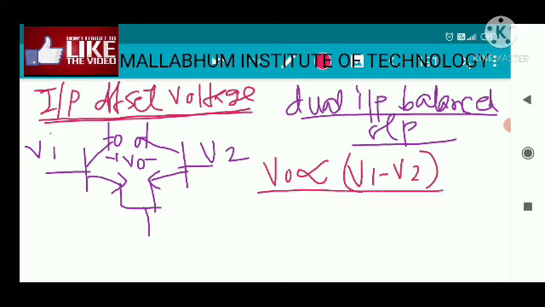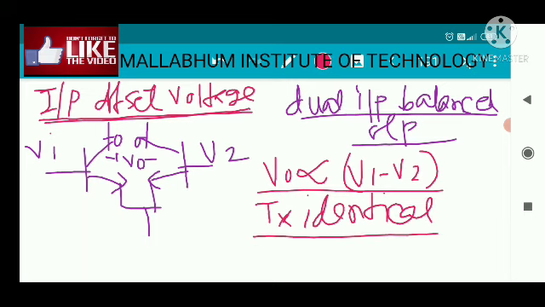Now this is true if both the transistors are identical in all aspects, but practically both the transistors cannot be exactly alike. So why we study the input offset voltage, the point is that practically